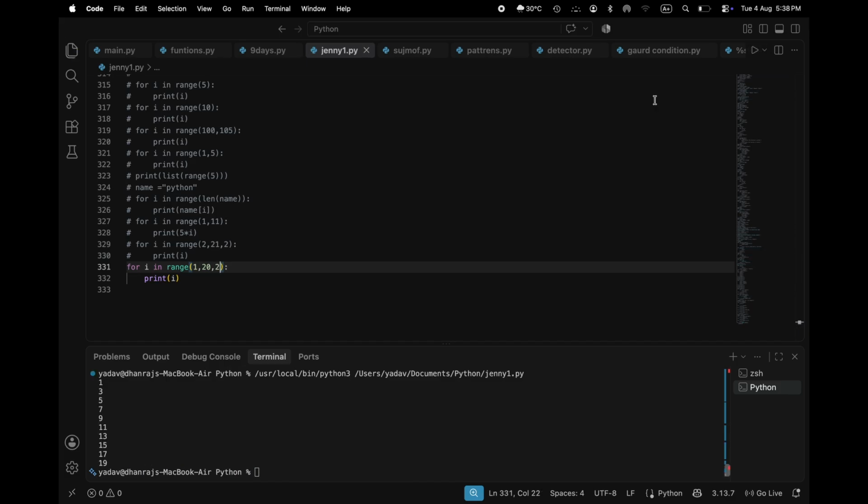Or like this. So the output will show 1, 3, 5 like this. And if you want reverse counting,